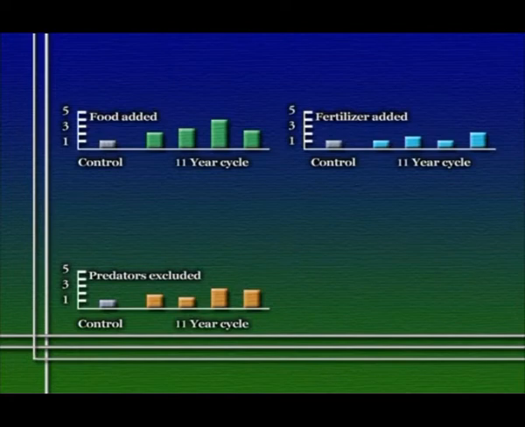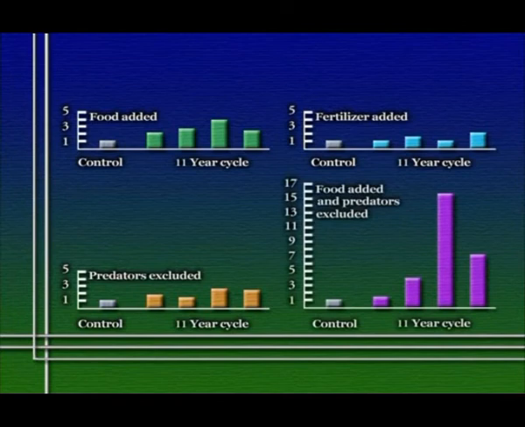When you do this kind of experiment, what you find is that just adding food to an enclosure does indeed increase the population density of hares in that enclosure a little bit, not a lot. Excluding predators from that enclosure, again, increases the population density of hares. Now, this is evidence that suggests that these two factors, amount of food available and presence or absence of predators, might affect the density of a hare population. Interestingly enough, if you have a treatment in which you both supplement the hares with more food and exclude predators, then you get the most dramatic change in the size of the hare population in that enclosure.